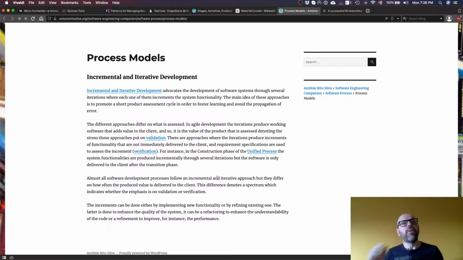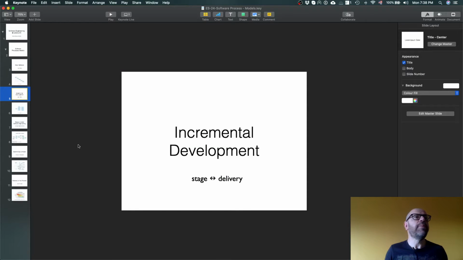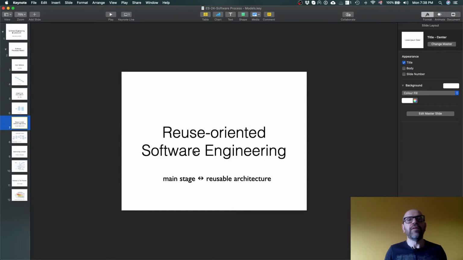But the point here is you define chunks of functionality, and then you can decide different ways to do it. You can decide that each chunk, so each iteration of the incremental development, actually adds some quality, adds some value. A sprint is an example of an incremental development. Then you have another approach that is